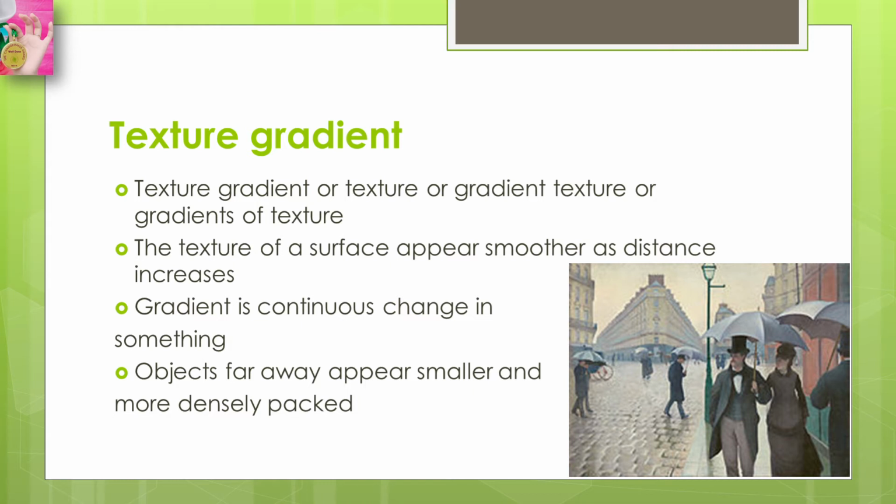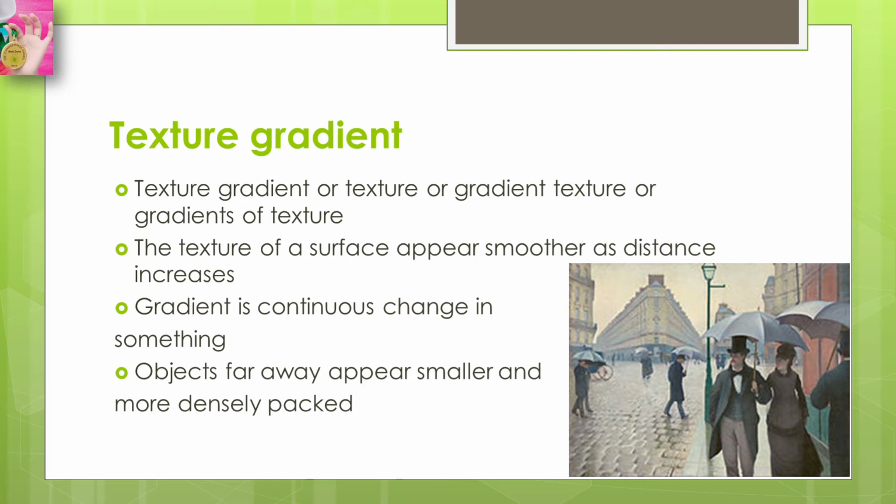Now, that correlation between distance and texture is interpreted as a distance cue. And it is also called texture gradient or gradient texture, and in some books you will read it as gradients of texture, because the texture